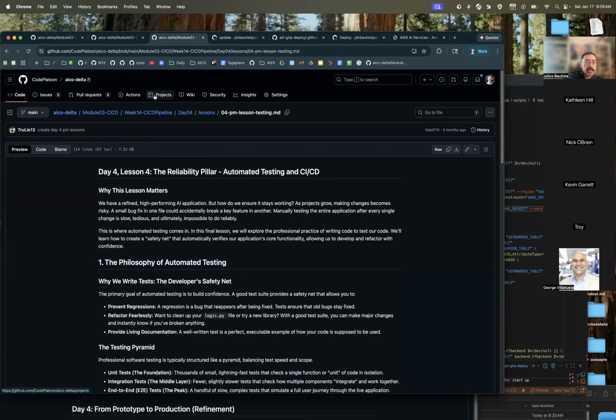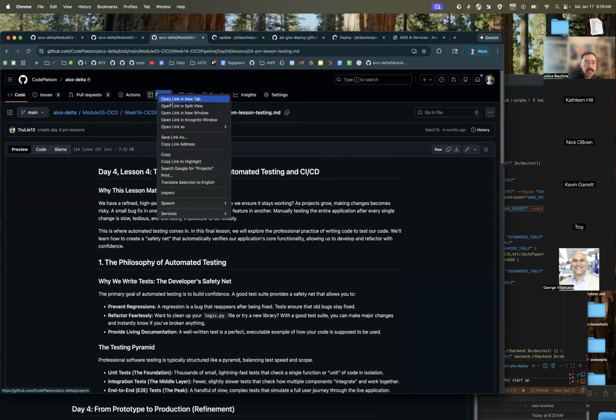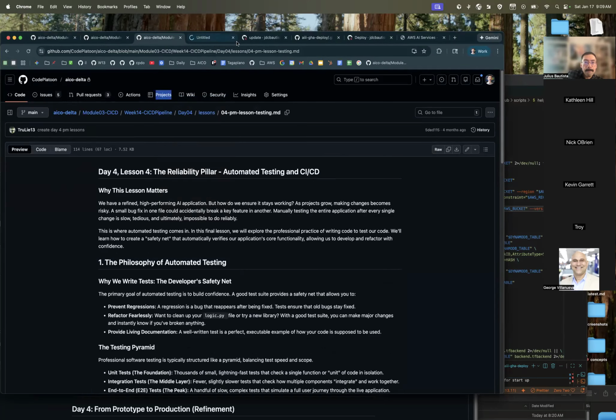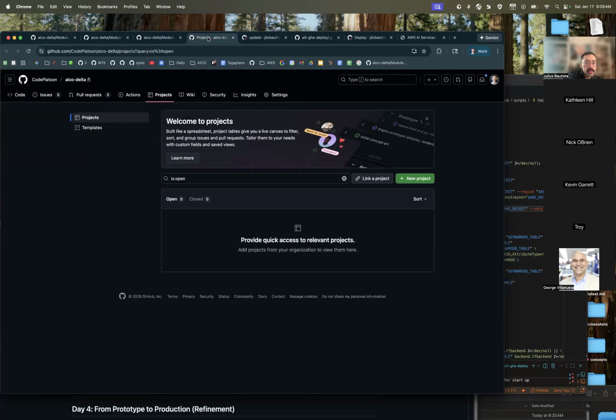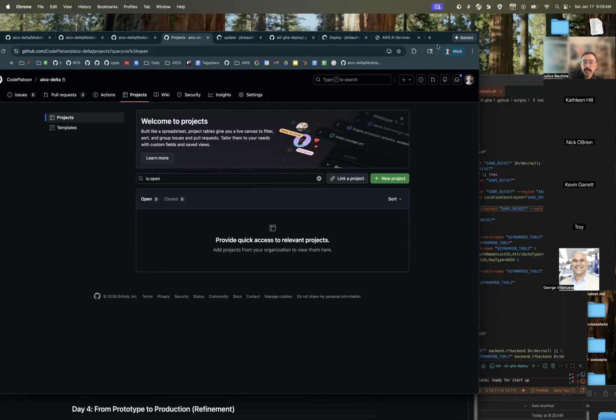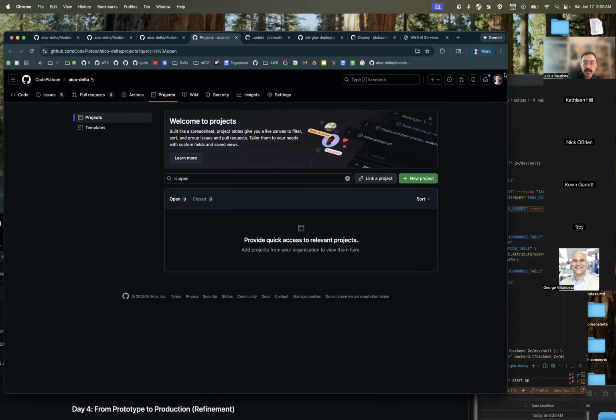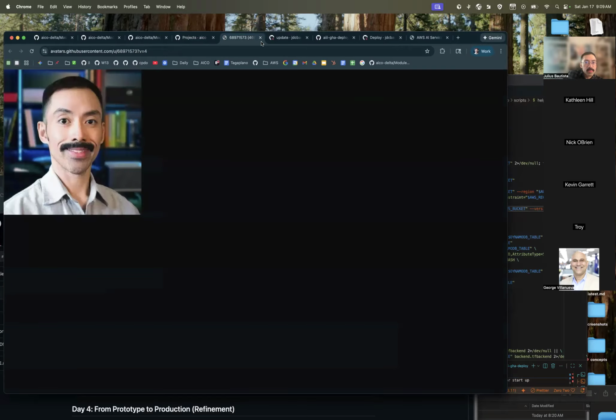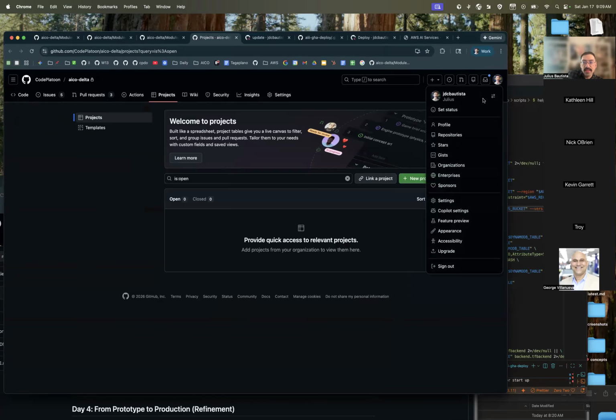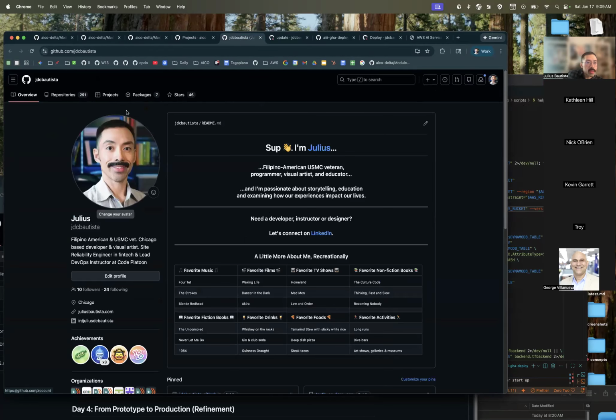So you can access your containers straight from the UI. So I go to projects, or not projects, what is it called? Packages, I think is what it's called. Whoops, that's not what I want. That is going to be over here somewhere. The UI just throws me off sometimes.